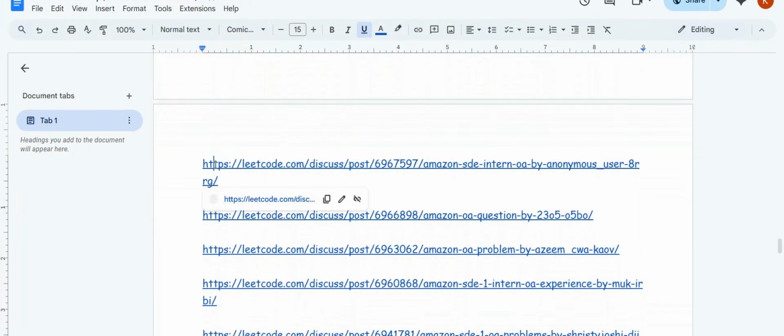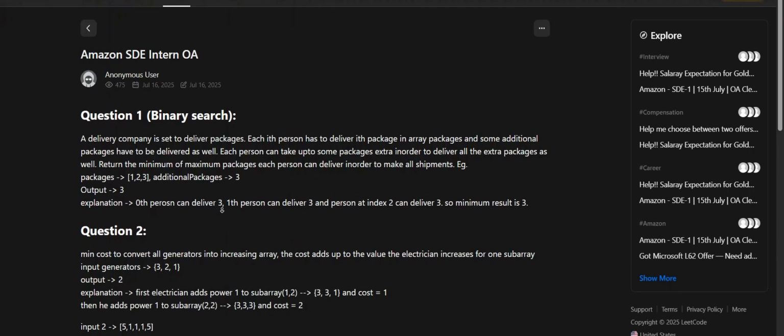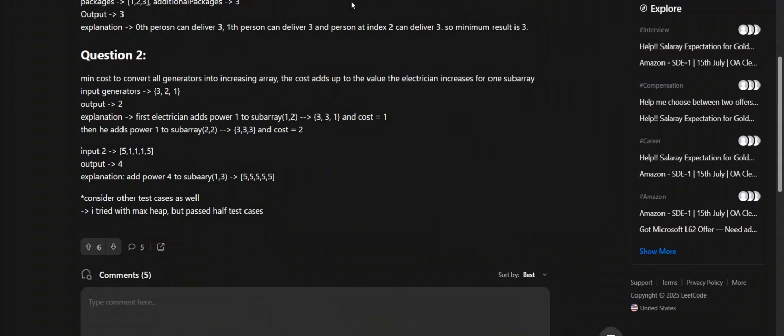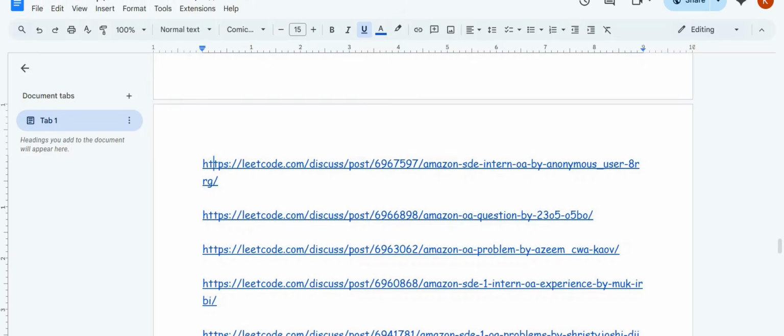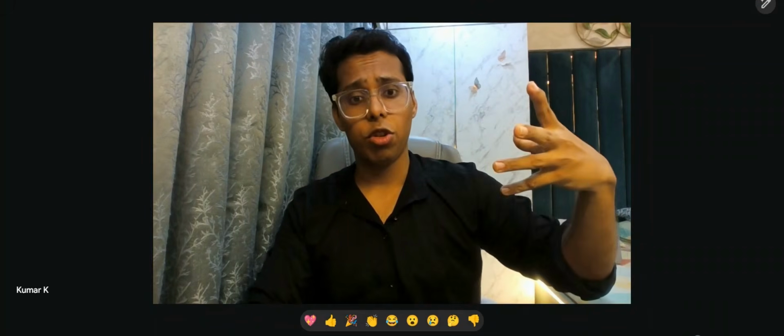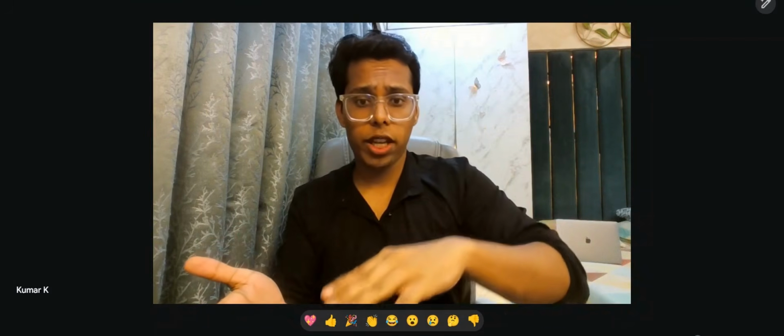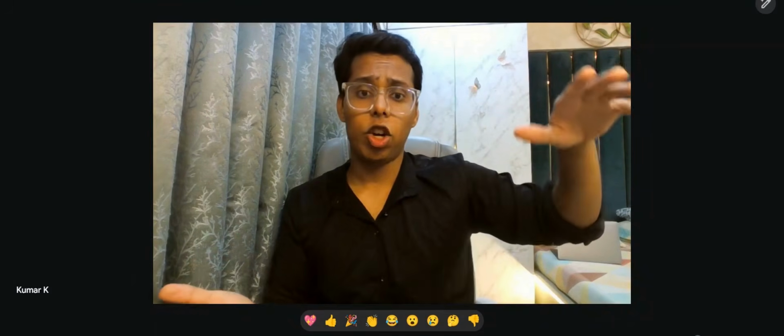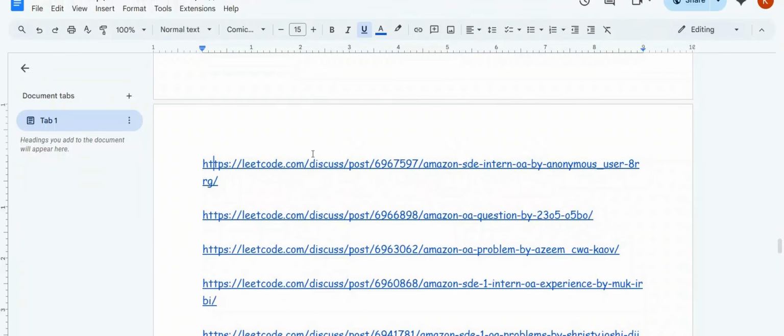Let me open one more important link for you people. See, again, the binary search problem is there. Guys, binary search OA problems are very important. In most of the OAs, they always ask you a question which is directly based on doing binary search on answer. So you might have to create some mathematical function. You will have to see if it is monotonically increasing or decreasing, and then you have to apply binary search to it. So that's also very important.